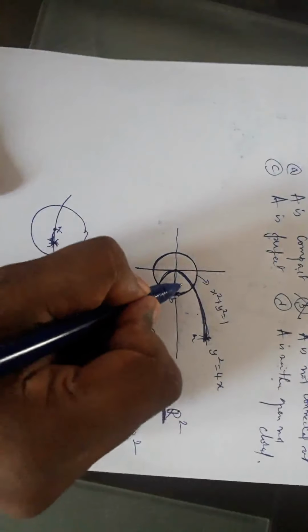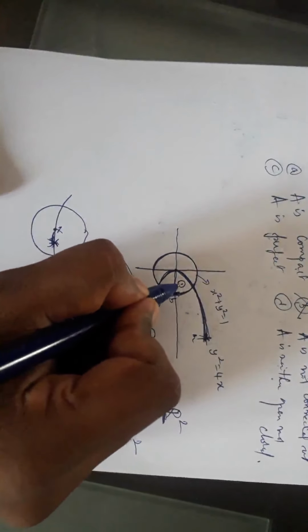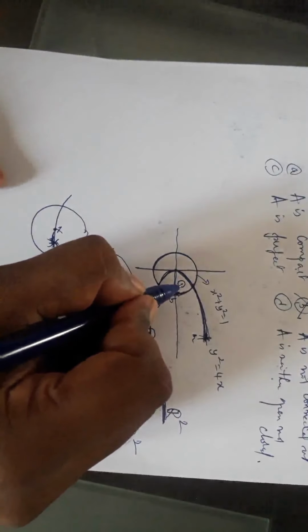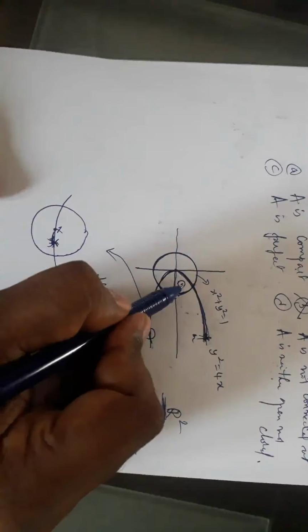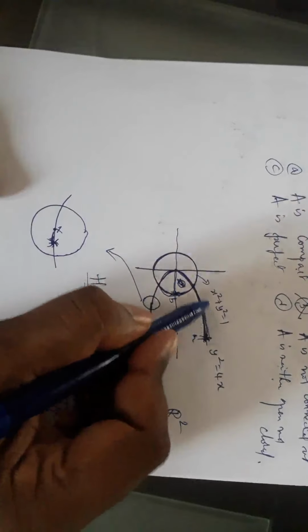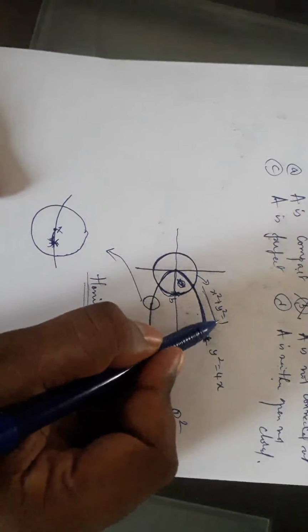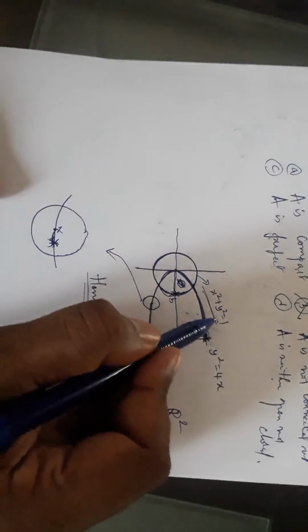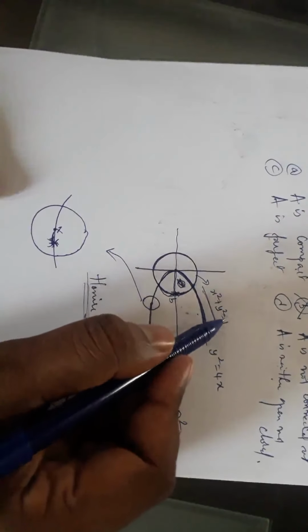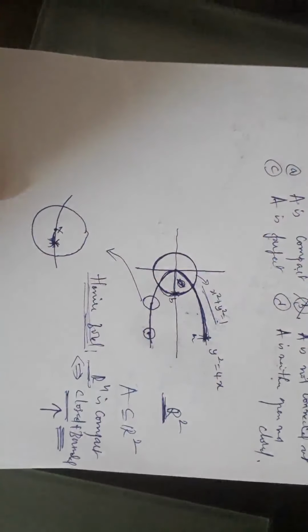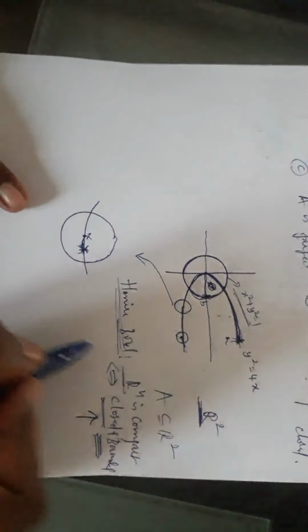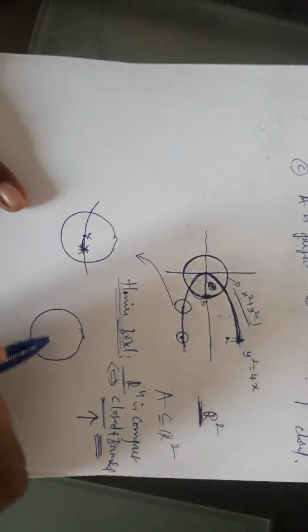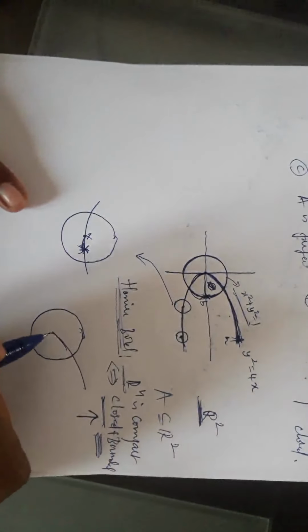Here I am drawing the circle. Whether this is not a limit point. First try to understand the situation. I am not considering the interior of the circle because it says x square plus y square equals 1. If it says less than or equal to 1 also, no issues, still every point will be included. The situation is different. Is it clear? It's like you take a bangle and attach a thread to it likewise.